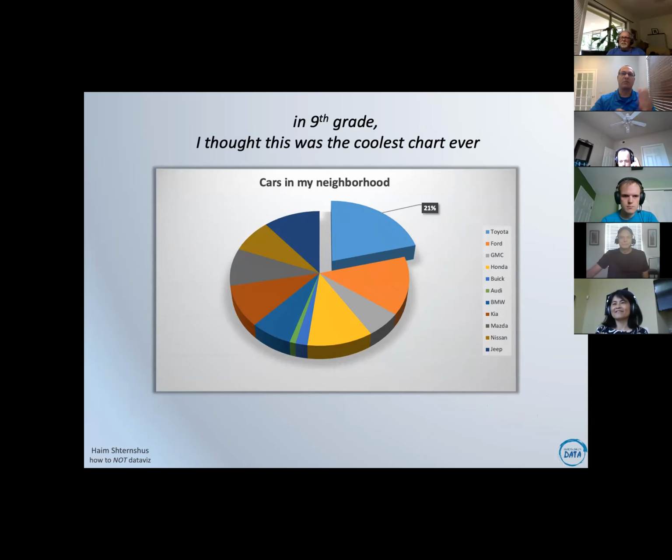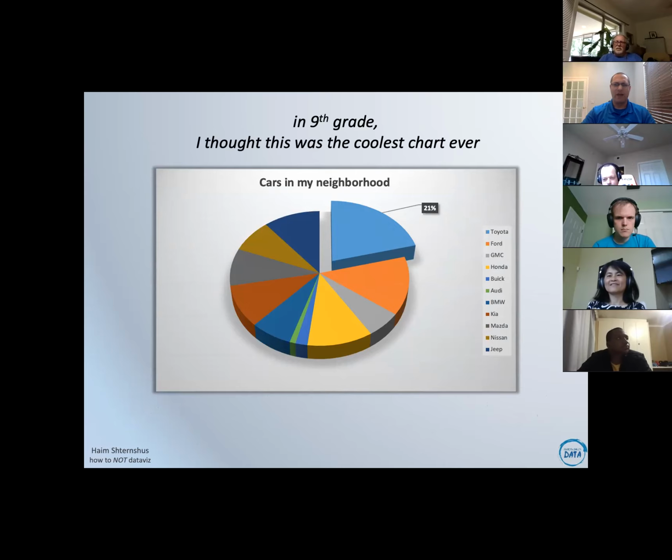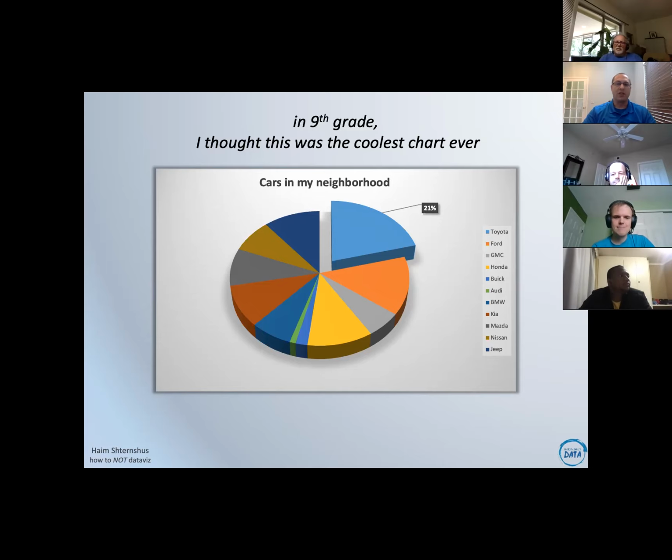It had angles. It was pretty. I think this was even before I started using Excel. There was some other software that I used. And whenever I was required to make any charts or data visualization, I didn't know the name back then, but whenever I needed to do that for some class, I usually used the 3D pie charts. So are you suggesting it's not the best thing ever? Well,